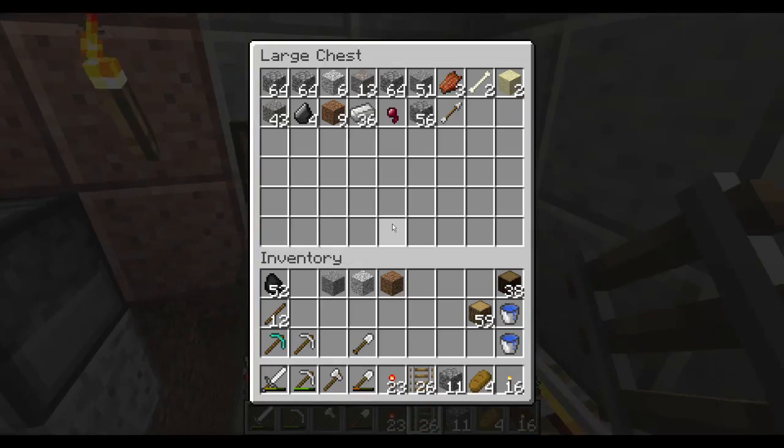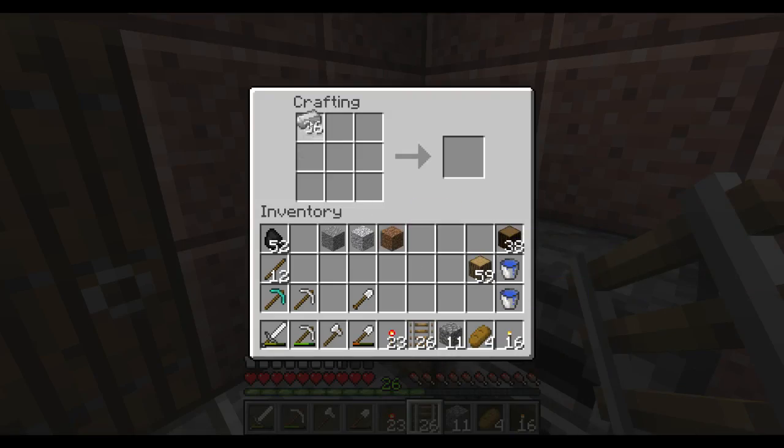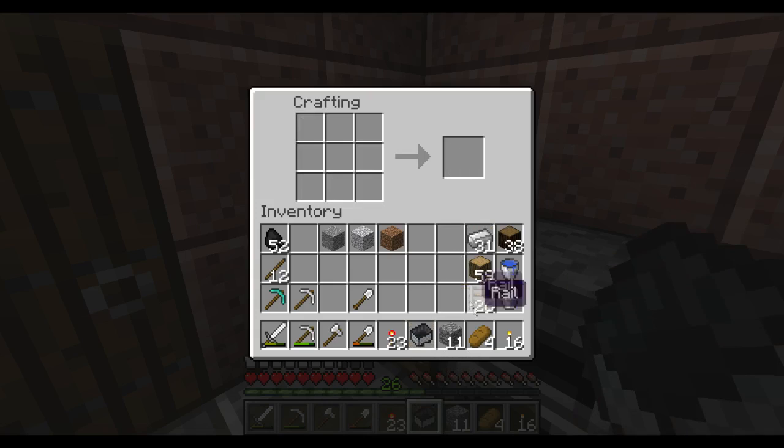I do have iron ingots on. Okay, so to make a minecart, you basically do it's basically an upside down helmet. It looks like that. That's a minecart. So then you take a minecart,